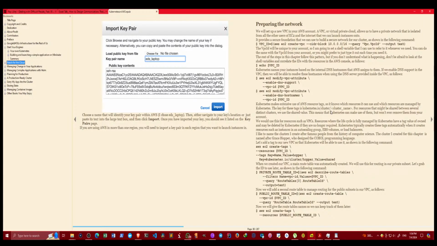We use the value shared when Kubernetes can use the resource but will never remove it from your account. We would use this for resources such as the VPC, whose lifecycle is fully managed by us. Resources with a tag value of owned may be deleted by Kubernetes if they are no longer needed. Kubernetes typically creates these tags automatically when it creates resources such as instances in an auto scaling group, EBS volumes or load balancers. I like to name the cluster I create the famous